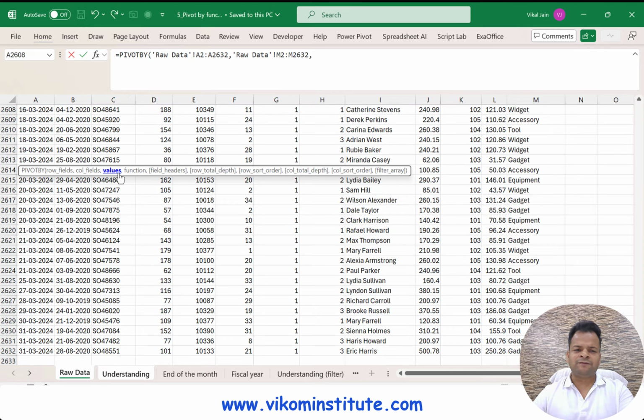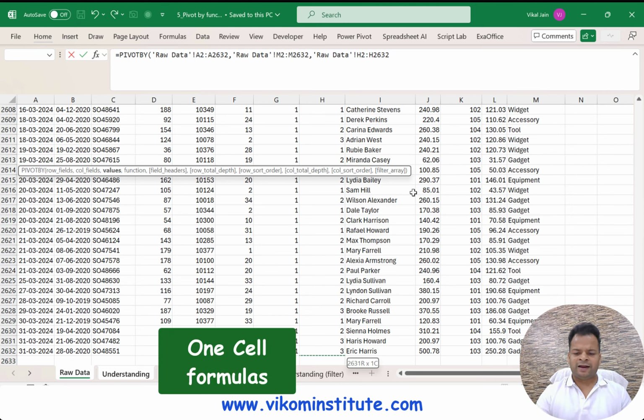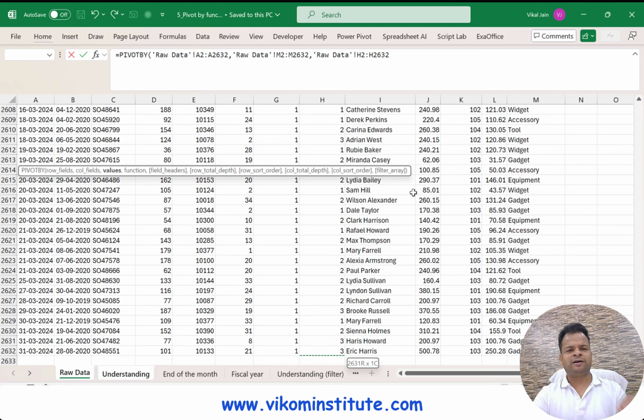And for values, on which value you want the calculation, I want the calculation on order quantity. We don't need to fix it because we are dealing with a one-cell formula and that is going to be taken care of by Office 365 automatically. Now here we need to enter the function, and PIVOTBY has some inbuilt functions also.